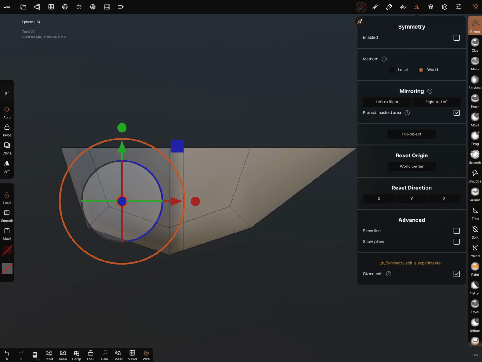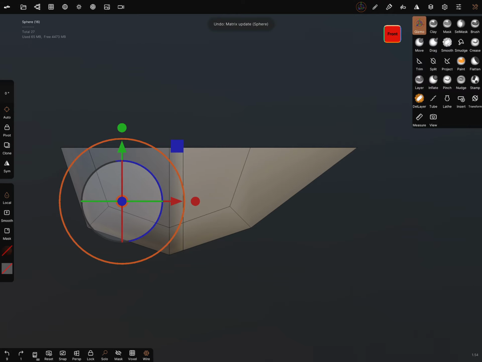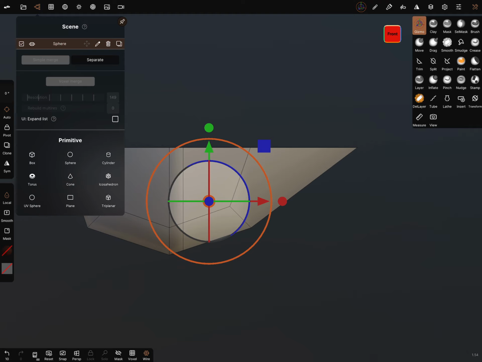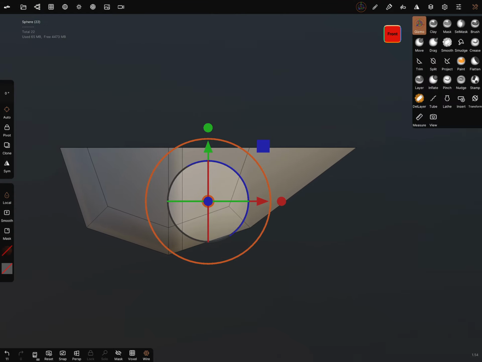We can use the gizmo edit. I hope it's now not okay. Sorry. We have first to simple merge the two objects together. And now let's check the gizmo edit in this symmetry tool on and bring